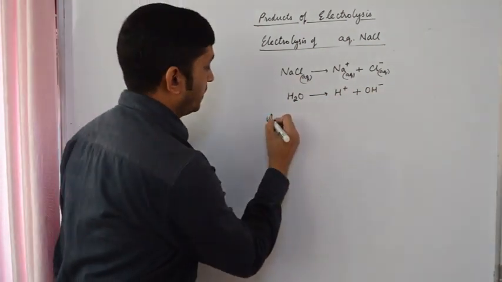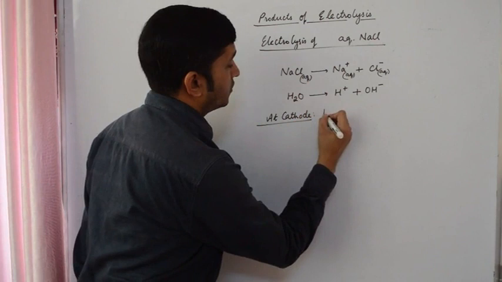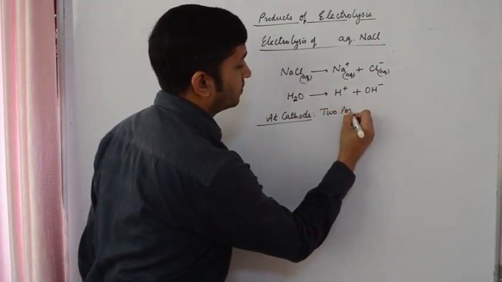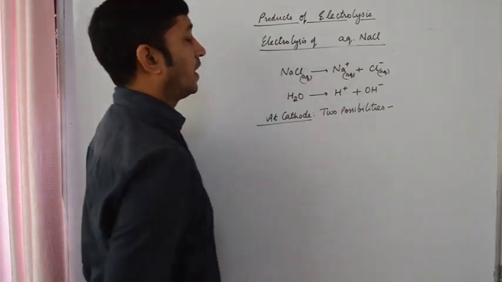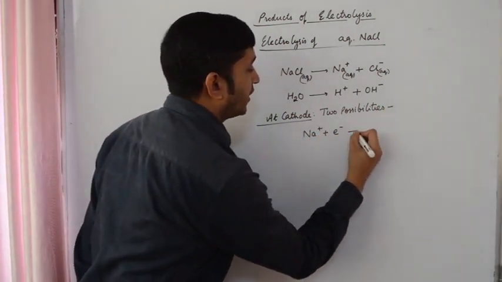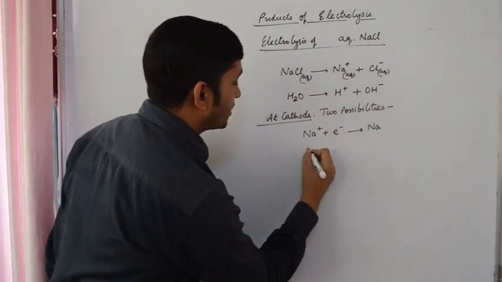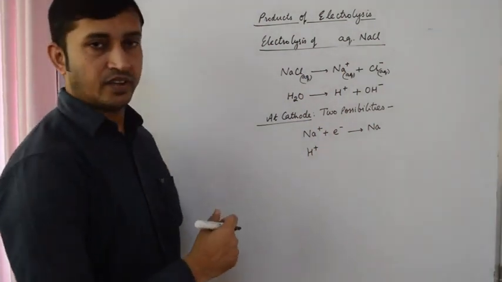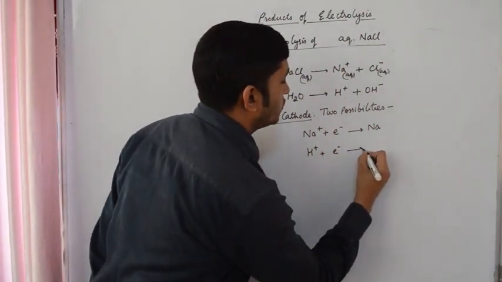Now at the cathode there are two possibilities. Either sodium ion will get reduced to give sodium, or the hydrogen ion will get reduced to give